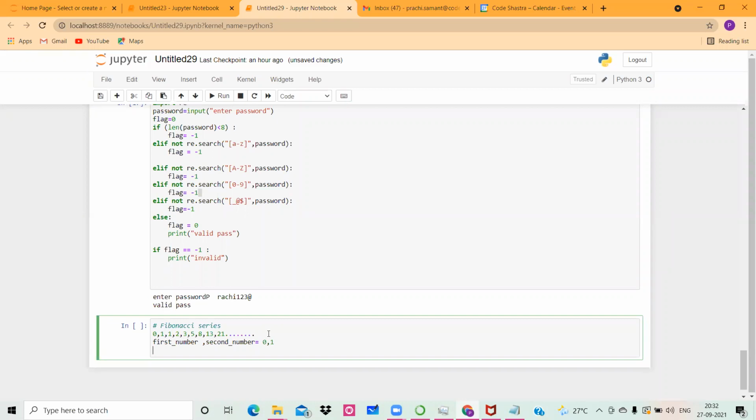This is a speciality of Python. In most other programming languages, you don't get the flexibility to write all your variables on the left and then separate the values with commas on the right. Very few programming languages give this flexibility, and Python is one of them. So first number comma second number is equal to 0, 1. That means automatically the value 0 is given to the first number, and the value 1 is assigned to the second number.